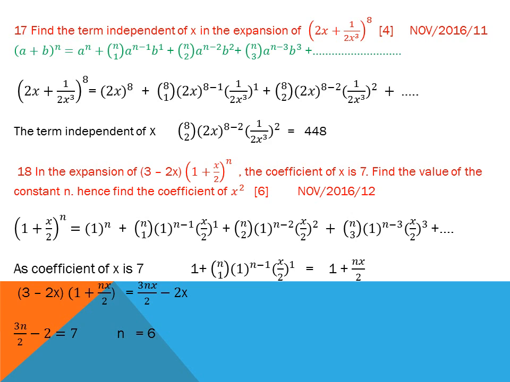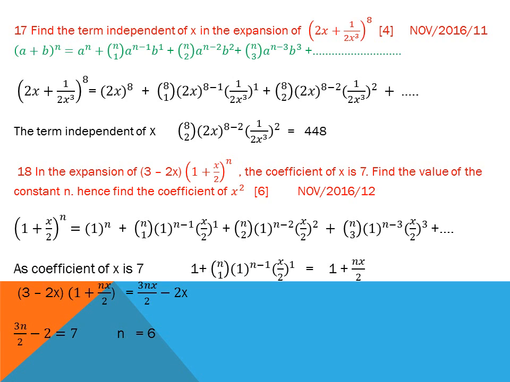When I expand (1 plus x over 2) power n, so 1 power n and nC1 1 power n minus 1 x over 2 power 1. It means the coefficient of x is included in term number 1. I take term number 1 here, nC1 1 power n minus 1 x over 2, it will become 1 plus nx over 2. I take only two terms here